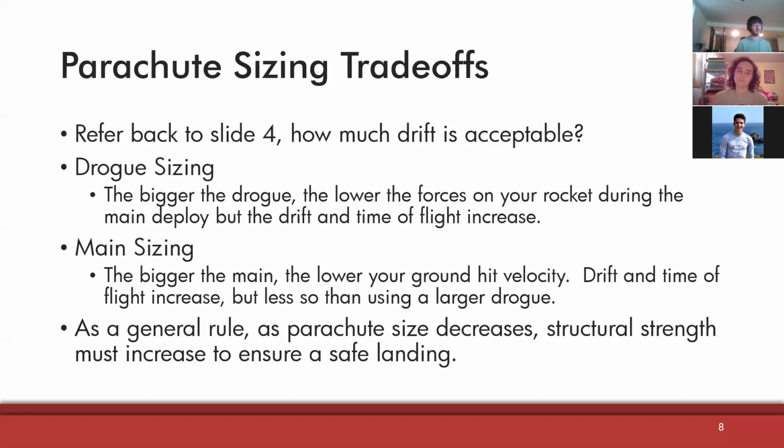In general, the smaller your parachute, the stronger your rocket has to be structurally to compensate for it. But then also the smaller your parachute, the lower your time of flight and the lower your drift. So ideally you want to find a nice medium where you're descending quickly, but not quickly enough that you're going to break things. And to give you an example of the range,